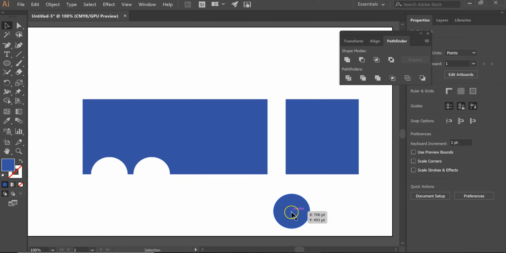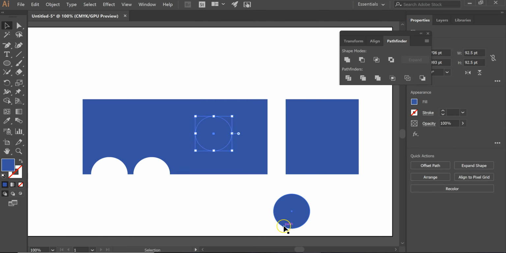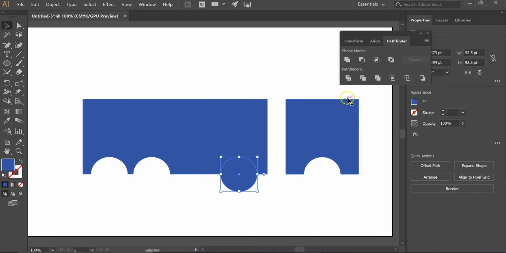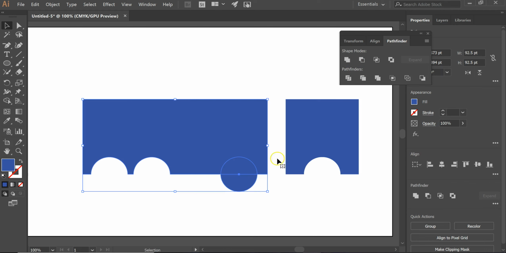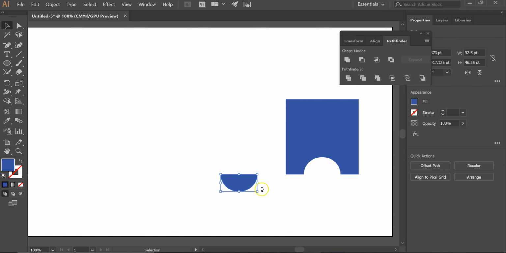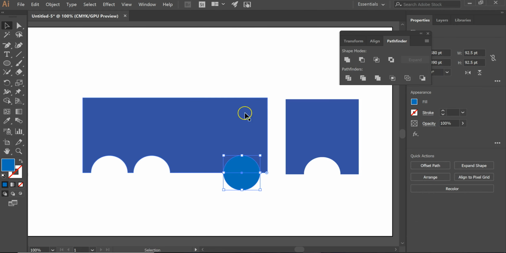Then I'm going to take my third one, actually I'm going to go ahead and copy it one more time so we can use one for the front. And get it lined up there. We'll do the same for our cab, and then we'll put another tire right here. Select the tools. Oops. So my issue was there, where I made the mistake, was that the circle was actually